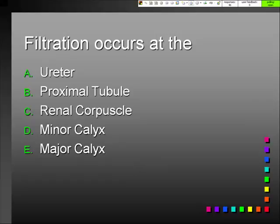So tomorrow, when we talk about filtration, I'm going to talk about freely filtered substances. And this is how the kidneys work. They filter a lot of that from our blood going right into Bowman space, so that all along these nephron segments that it is traveling, it processes them. It either reabsorbs them back into the body, can secrete them, or can reabsorb and secrete them, so that by the time we finally urinate, that urine is just perfect for the rest of the body fluids to maintain homeostasis,